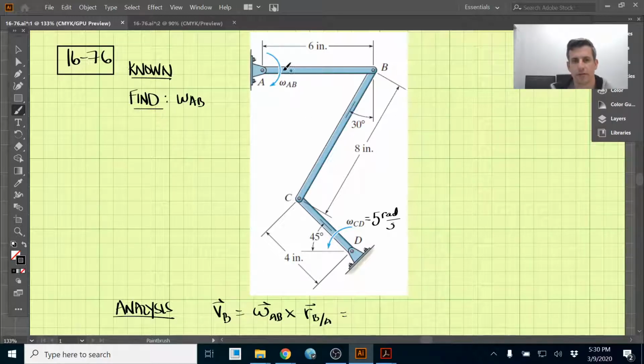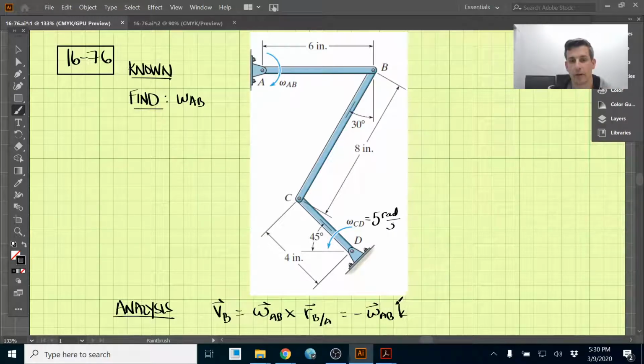The way that this is drawn here, that is in the clockwise direction, which clockwise we have usually called negative, and the vector that it rotates about is the z vector, or the vector coming out of the page in the k direction. So that's a negative k vector. So we have negative omega AB